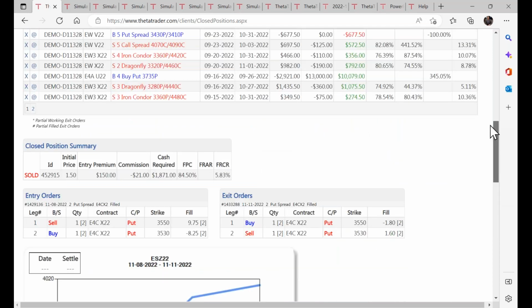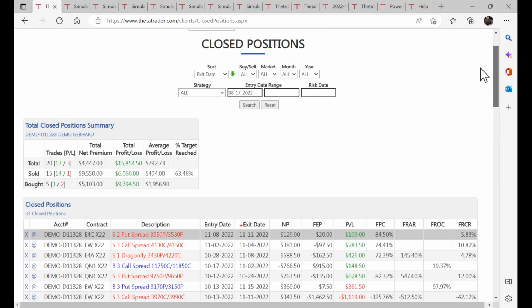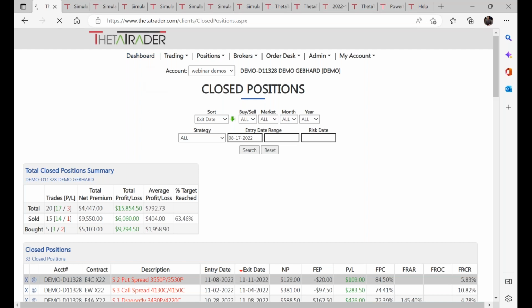And these are just trades from the demos I'm doing on the webinars. I don't put any thought or effort, as you can tell. I just kind of randomly choose and select trades. But I want to point out one thing here, and I want to jump to probably the best feature of all. So bear with me, folks.